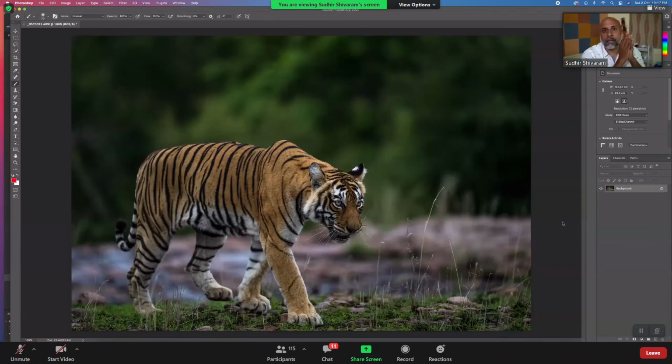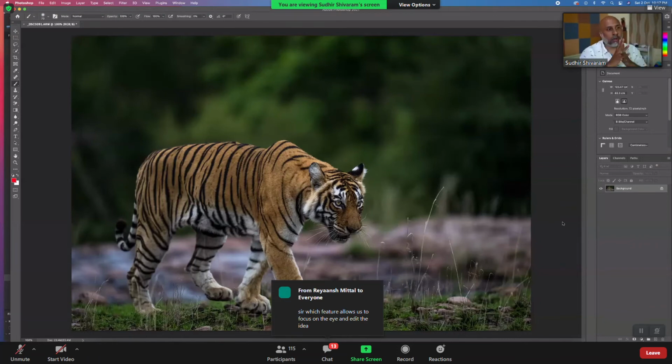And one thing is the tiger colors vary from South India to Central India to the North or the East. They're not the same. South Indian tigers and the ones in Corbett are more orangish in color, whereas the Central Indian tigers and Ranthambore are more yellowish in color. This, of course, is in Ranthambore. You can see it's more yellowish, and in Kabini, when we go, it's more orangish in color. So the color variation happens.